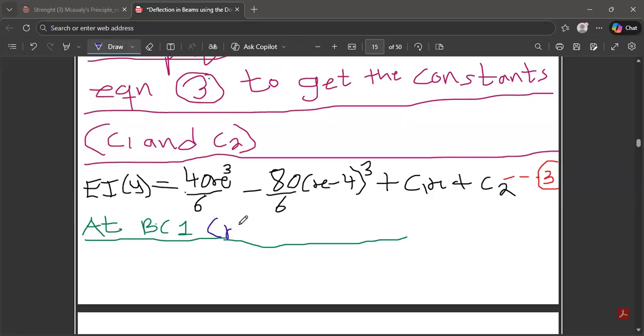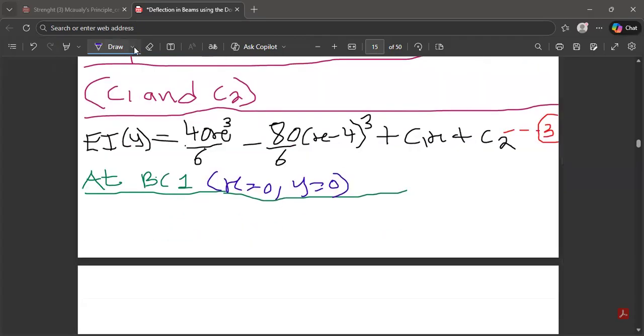So at boundary condition 1, x is equal to 0, y is equal to 0. Let's substitute that into our equation and see the answer we'll be getting. So we are going to get EI, and in place of the y, we put 0 over there,